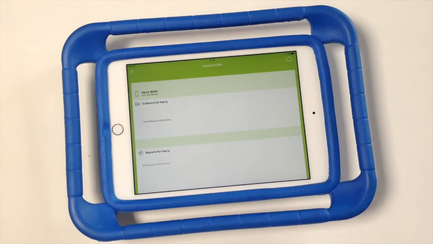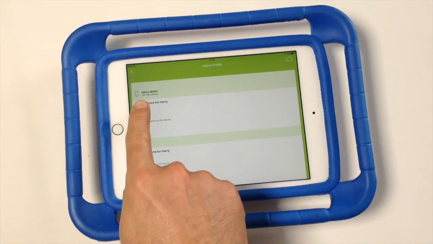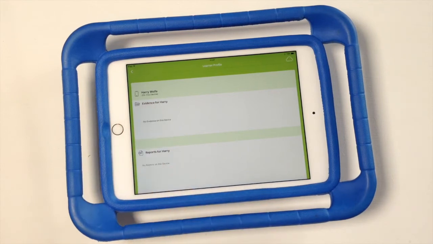And when you open any learner profile, you'll find 2 parts to it. The first part is local to your device only. You can see on this device under Harry's name. Here you'll find any evidence that was originally gathered on this device and saved as a draft, or any evidence that was saved as published but couldn't be saved to the cloud due to the device not being connected to the internet. In this case, our device is connected to the internet, and so the evidence is in the second